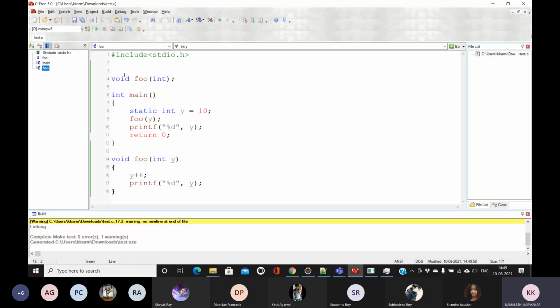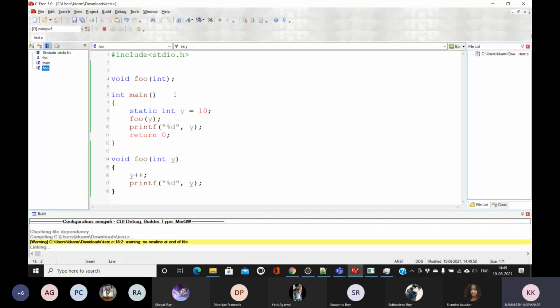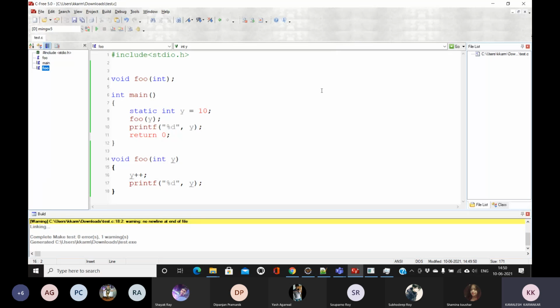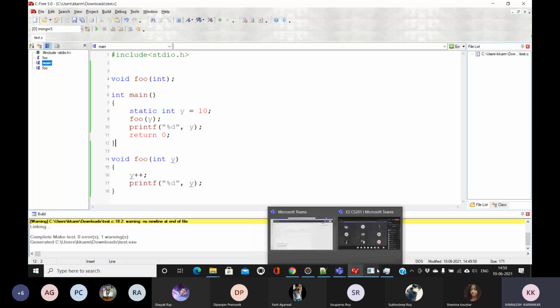It will work; the program will compile and run. So static is not constant. I will discuss why static is important in the next class, because it will take more than half an hour.